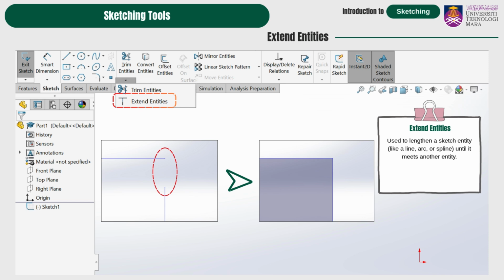By selecting Extend Entities and clicking on that line, SolidWorks automatically stretches it out until it meets the nearest intersecting geometry. This saves you the trouble of manually dragging the endpoint and trying to align it perfectly. It's worth noting that Extend Entities works for different types of geometry, not just straight lines but also arcs and splines. So, if you have a curved profile that needs to connect to another shape, you can easily extend it